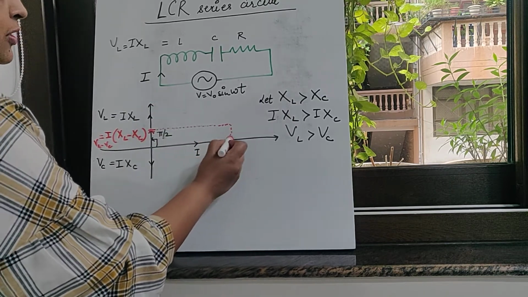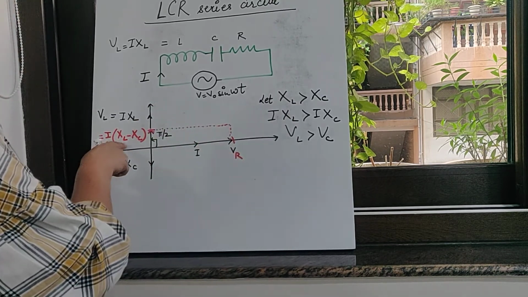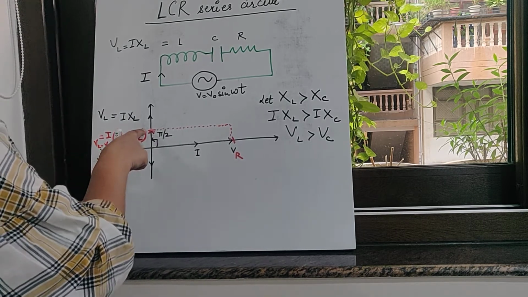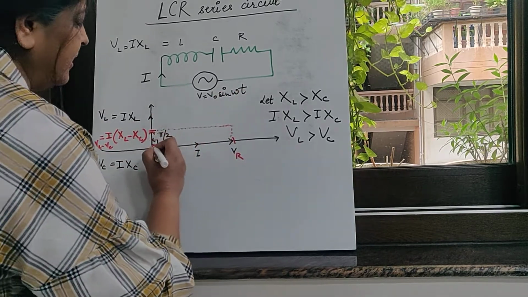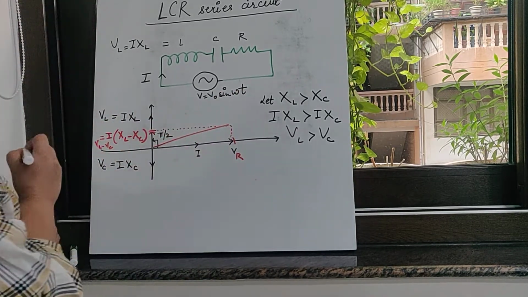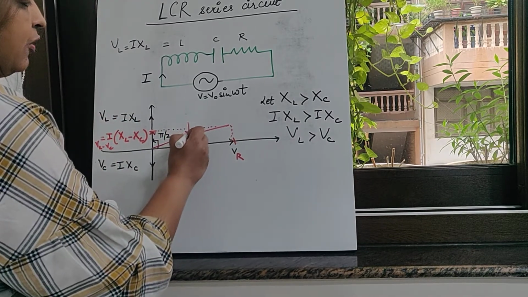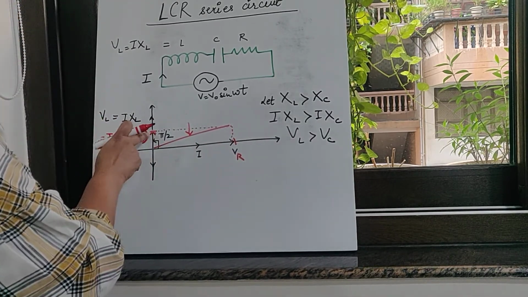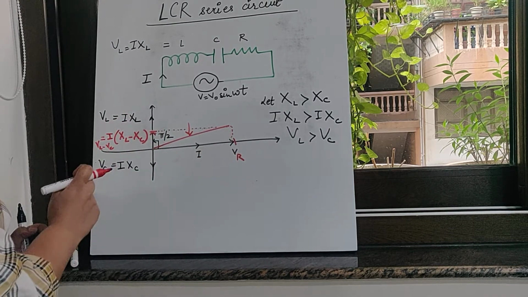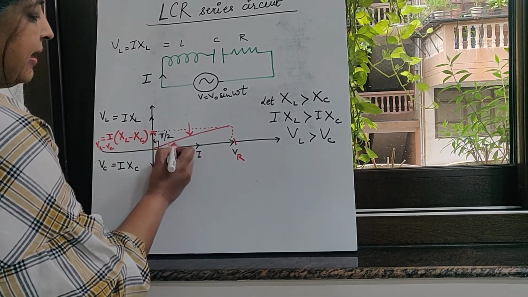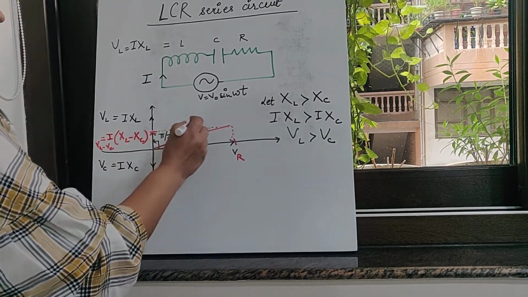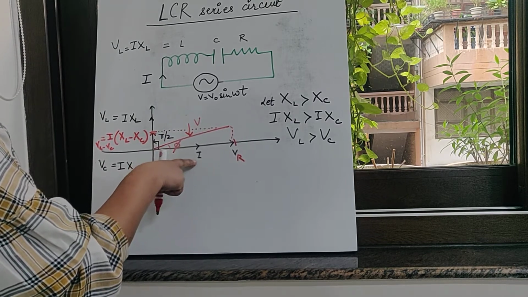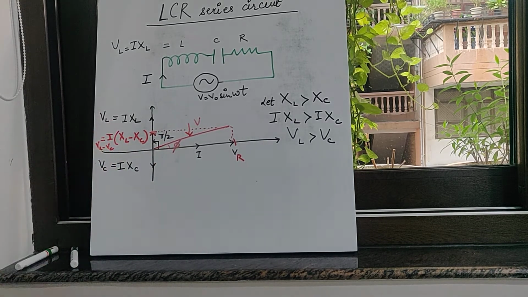This is a parallelogram. This was the voltage across the resistor, and this is the voltage VL minus VC. The resultant of these two can be drawn by using the parallelogram law of vectors. And this is the resultant, the resultant of this voltage vector and this voltage vector. This angle you can name as phi. So the resultant voltage is now leading the current by a phase angle of phi. So this is what we have drawn over here.